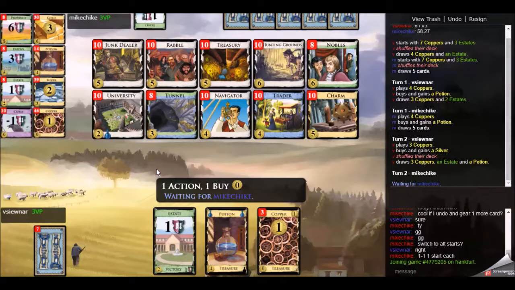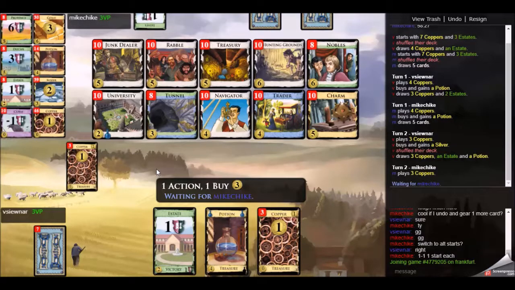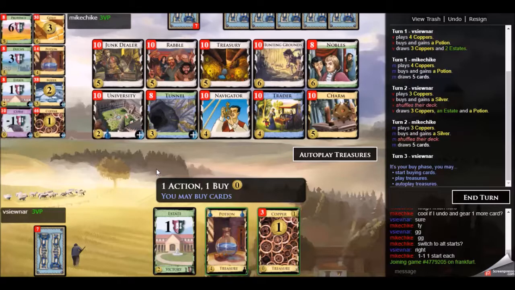Charm could gain Hunting Grounds, Nobles, it can gain Junk Dealer, Rabble, Treasury, all good options for your Charm. So I'm going to open with the Potion and a Silver here. The Silver is to get to the big price point, $6, $5, and the Potion is to get to the University, obviously. My opponent opens the same way, and it seems like we have the same idea in mind,